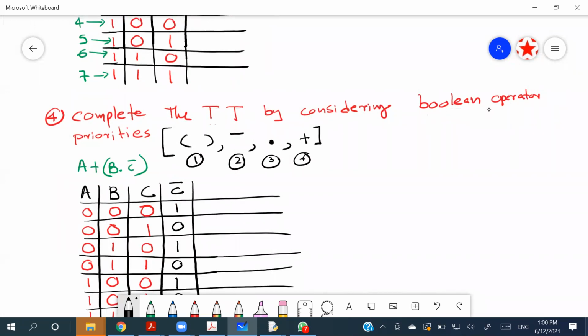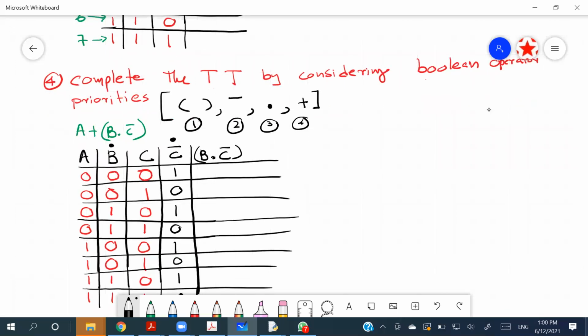So now I am going to create the dot operator. Now the dot operator is in between B and C bar. Your B column is right over here, C bar is right over here. So considering those two, B dot C bar will be created. So that means